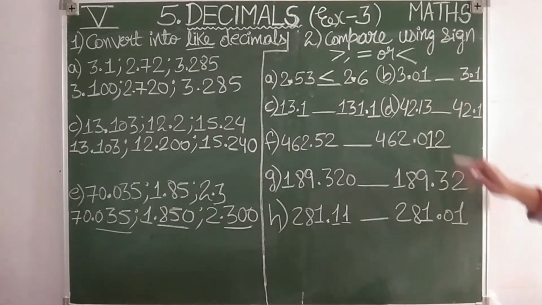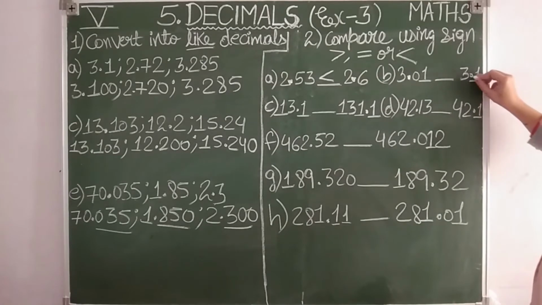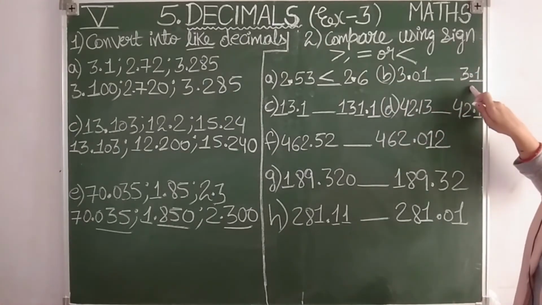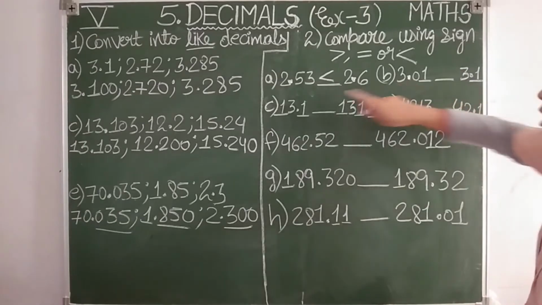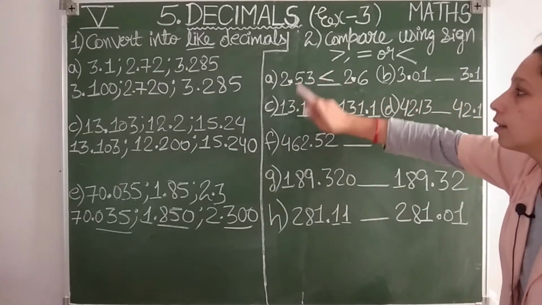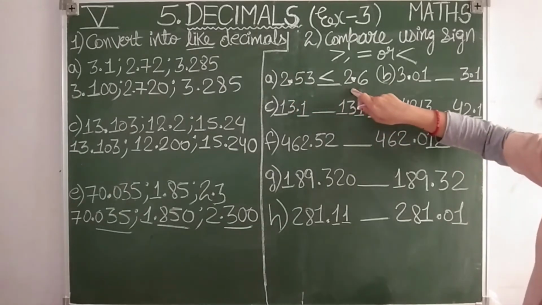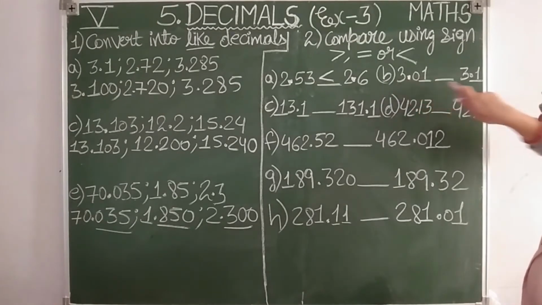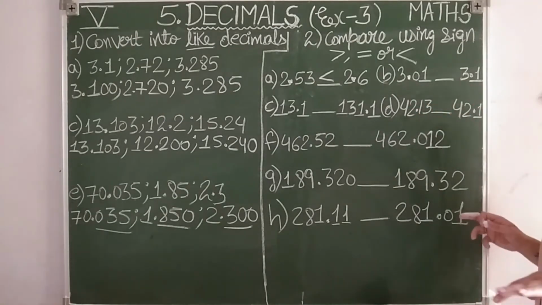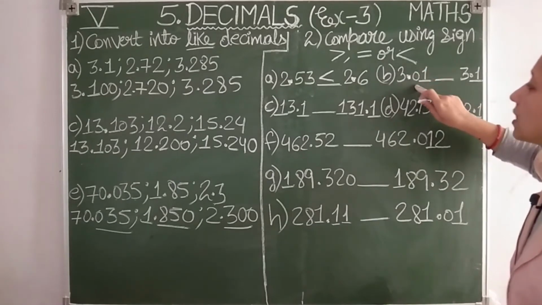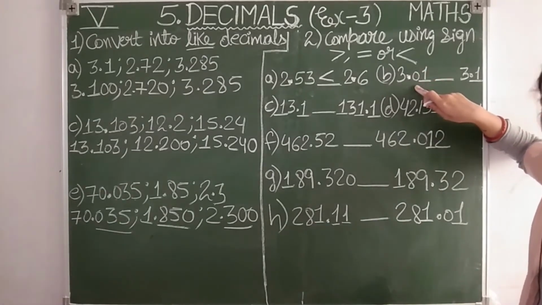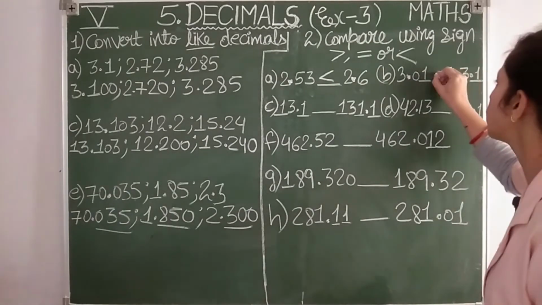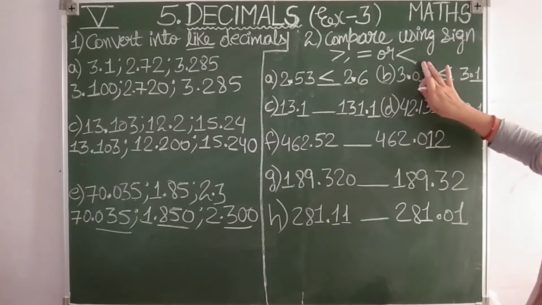Let us see point number B also. Again look at the front digit, the whole number. 3, 3. Both are the same, so we can't decide which one is greater. That's why here also, I forgot to tell you, check the whole number first. 2, 2. Both were the same. That's why we move to the tenths place. Same thing here, the whole numbers are the same, so we have to move to the tenths place. Here after the decimal in the tenths place it is 0. Here after the decimal it is 1. So which one will be greater? This one will be greater. We will not consider the hundredths place here.